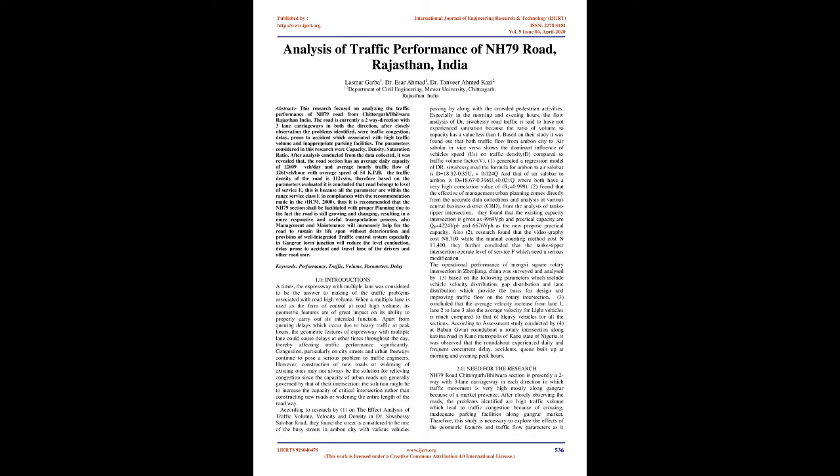Apart from queuing delays which occur due to heavy traffic at peak hours, the geometric features of an expressway with multiple lanes could cause delays at other times throughout the day, thereby affecting traffic performance significantly. Congestion, particularly on city streets and urban freeways, continues to pose a serious problem to traffic engineers. However, construction of new roads or widening of existing ones may not always be the solution for relieving congestion, since